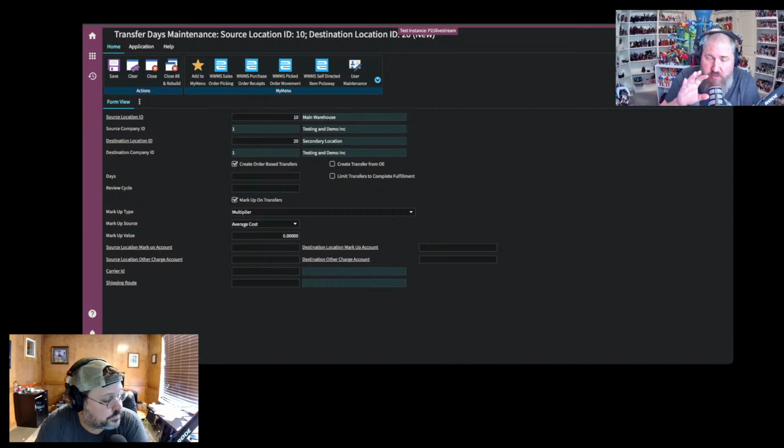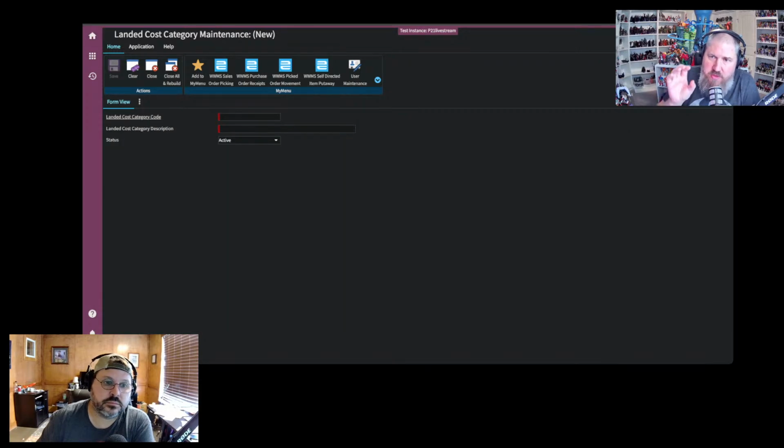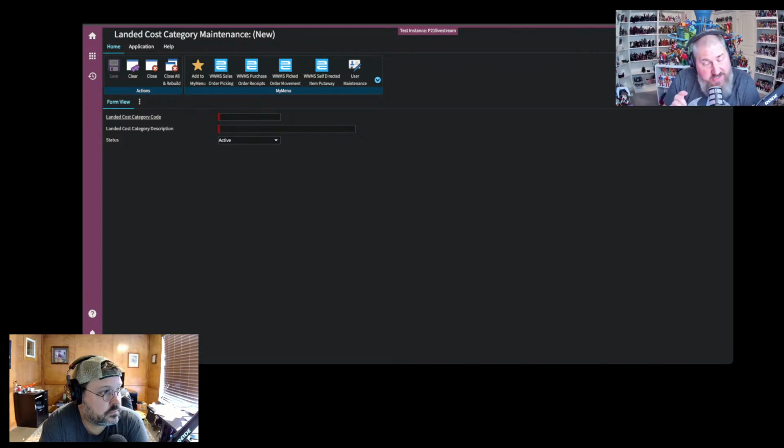One other thing I do want to add when we're talking about capturing that inventory cost is landed costs. There's already built-in functionality when you do a PO to voucher to disperse the freight costs into items. So you don't need to set up a landed cost to do freight costs because it'll do it. It does it poorly, mind you, because it only gives you an option of weight or units,